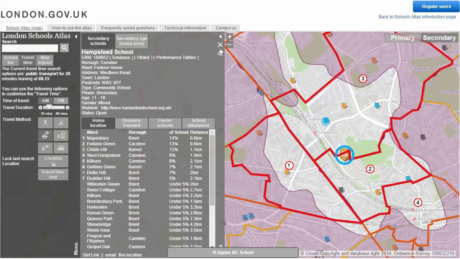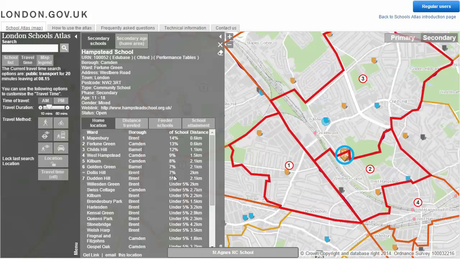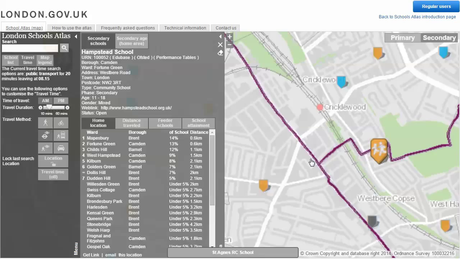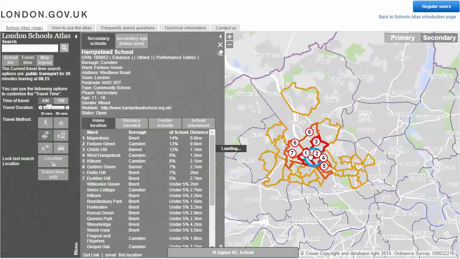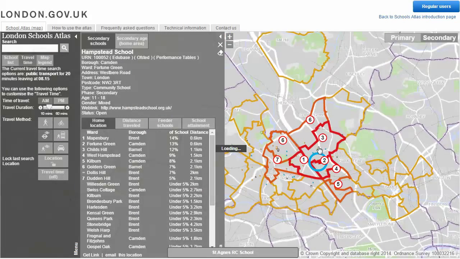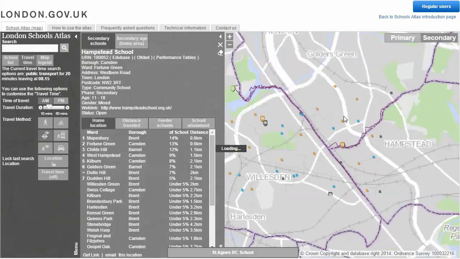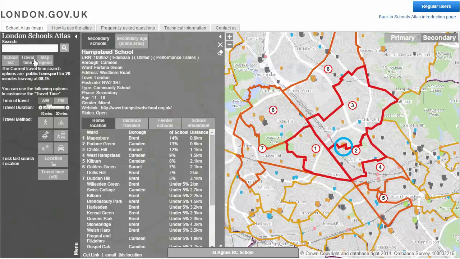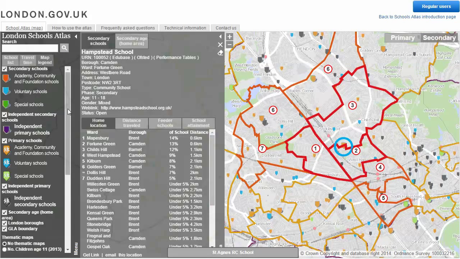So that's information about that school, but we've also got some modelling information about the areas that the school draws its children from. So I'm going to switch off the travel time and I'm going to zoom back out again. Right, that shows me the catchment, and here on the left hand side I can turn on the layers that